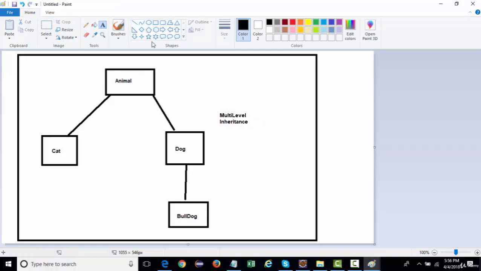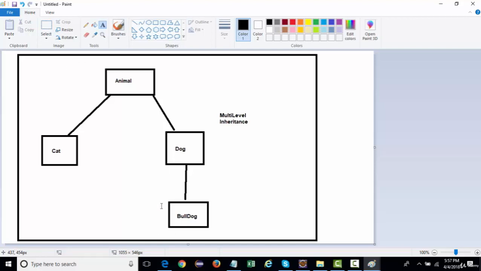Now, if I talk about this thing as well, this is not completely multi-level. If a parent has got two children and then a sub parent or this child has got more children, then this is actually hierarchical.